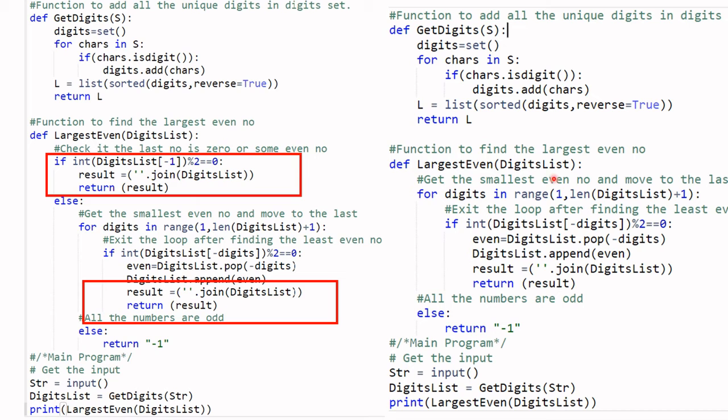Instead of each time checking whether the end digit is even, you just loop in and do the same, get the result, and anyway you're going to return the result, so you're not going to iterate more. So it is unnecessary to have more statements. This will come with practice. Okay, so you have optimized the code.